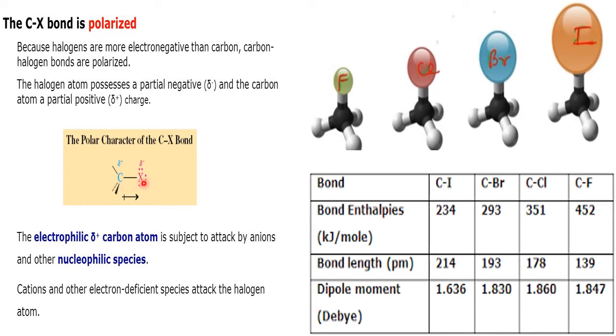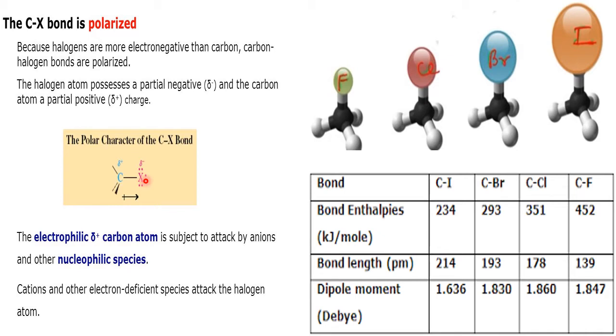Here the halogen is more electronegative. When it is more electronegative, it has the ability to withdraw the shared pair of electrons. That is a property we learnt: electronegativity is the ability to withdraw shared pair of electrons. Here the shared pair of electrons is between carbon and the halogen. Carbon is also electronegative, halogen is also electronegative, but which is more electronegative? It is the halogen, because group 17 elements are on the extreme right side, so they are the most electronegative on the modern periodic table.